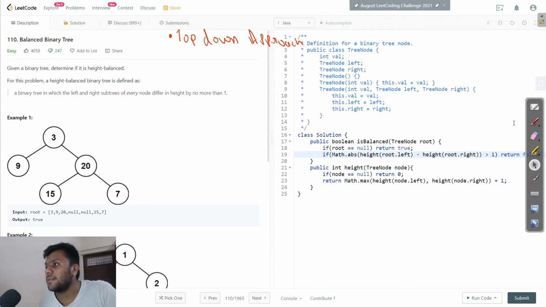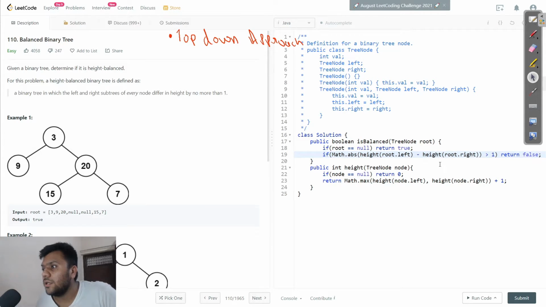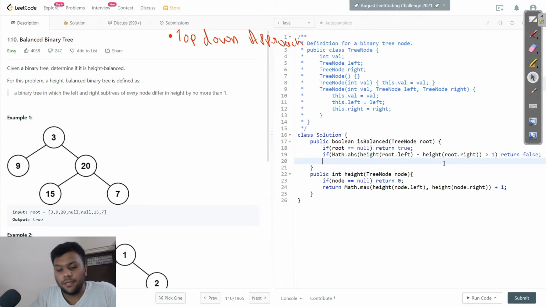I hope this thing makes some sense. So let me just move this over there. Right, so this is what we did. So I return false, and after that I will simply return my int function. I will return my height function as well. So I will say return